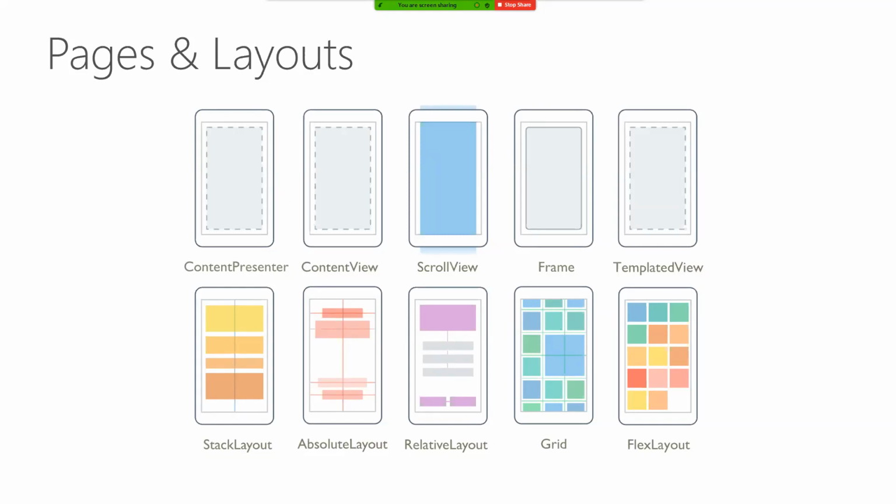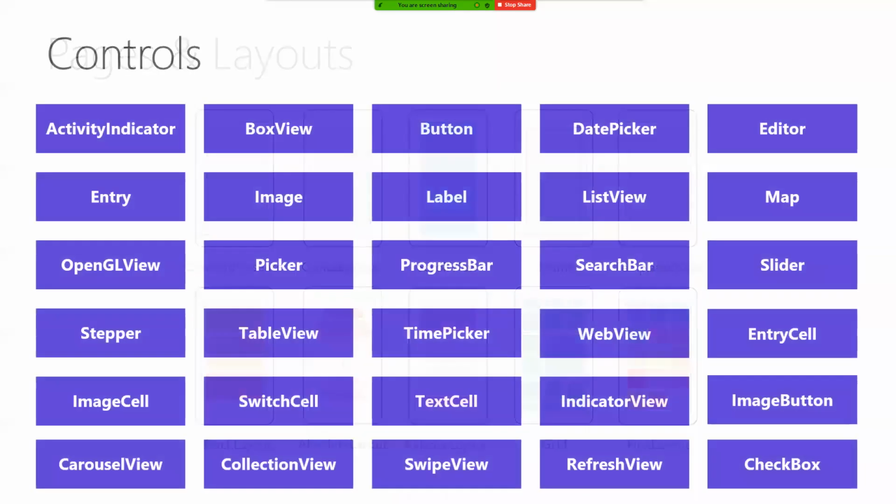So stack layout is kind of your standard, like one on top of the other, or horizontal. Grid is your standard grid. I'm sure you're familiar with grids if you're a .NET developer and if you've done desktop development. But we do the right thing under the hood for Android and iOS. And likewise with our controls. So you could see the button I was editing was just called the button. Buttons are called different things on iOS and Android. Likewise are all of these controls, which are some of the examples of ones we give you.